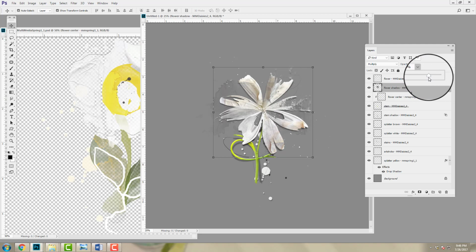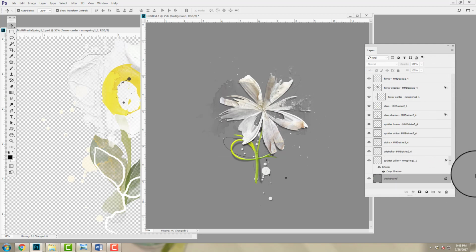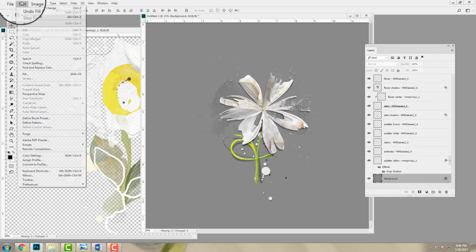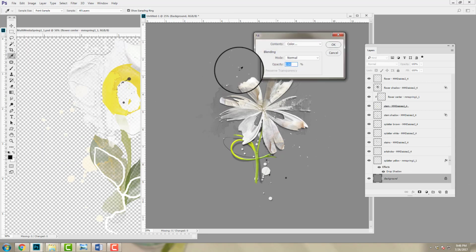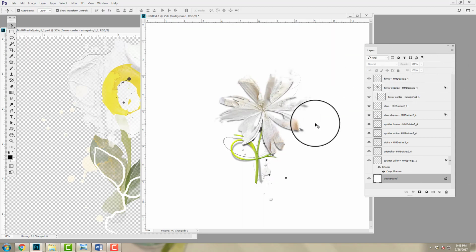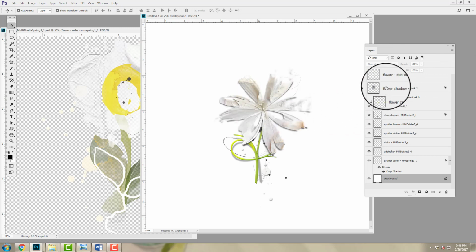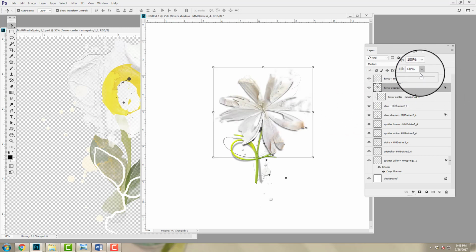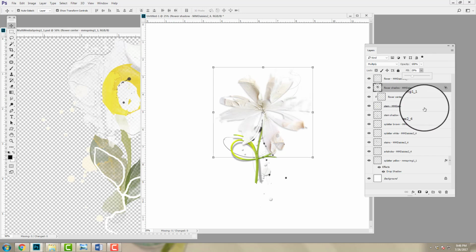If I leave that really high up and then go and select that background layer, go to Edit Fill, and then go back to the white background and click OK, then you can see that it's just really too much now that we've increased it. But if we bring that back down, then it's much more suited to the background that we currently have, the